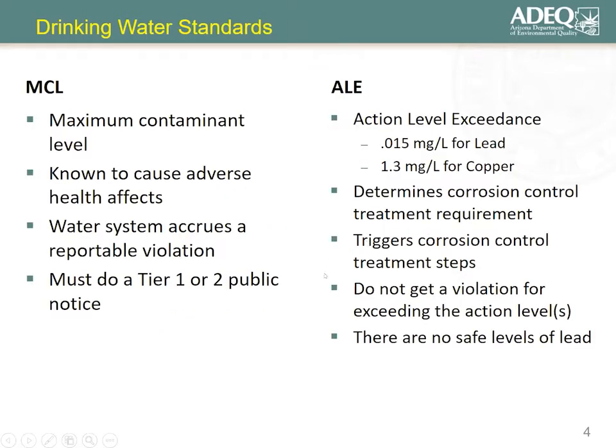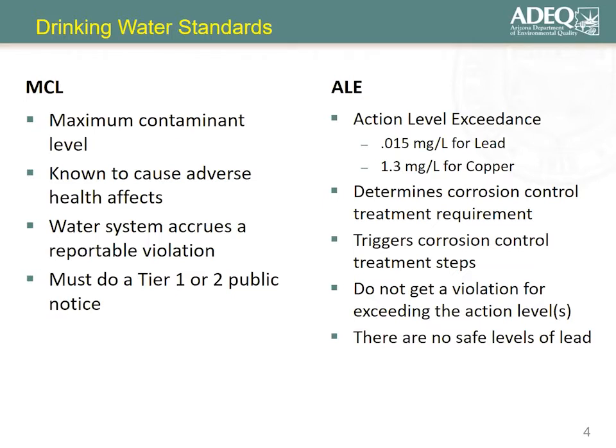So that kind of brings us to two different talking points. In the Safe Drinking Water Act, particularly with the National Primary Drinking Water Standards, there are really three key standards, but the two I want to focus on in today's presentation are the difference between a maximum contaminant level and an action level exceedance. Maximum contaminant levels are levels where EPA has derived a known toxicity value and a certain threshold where known adverse health effects have been determined. And from there, the maximum contaminant level is derived.